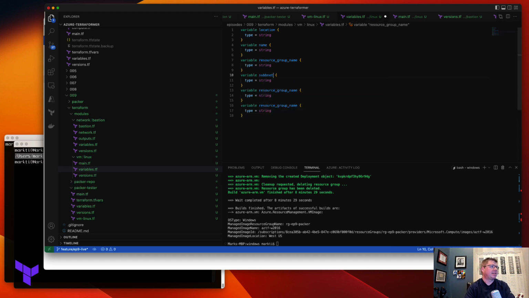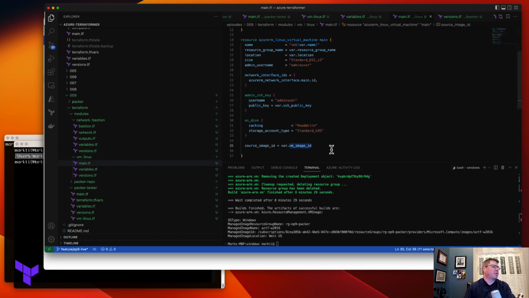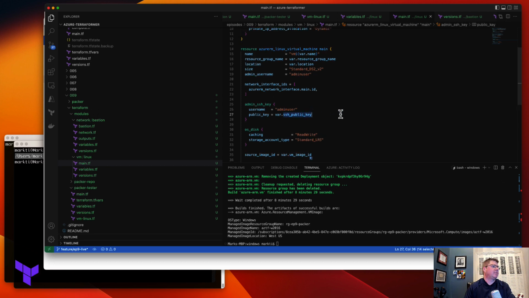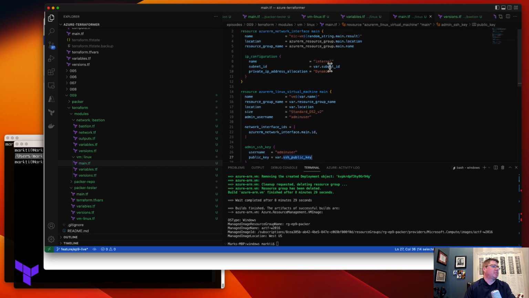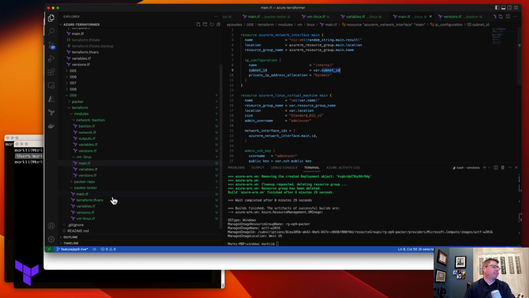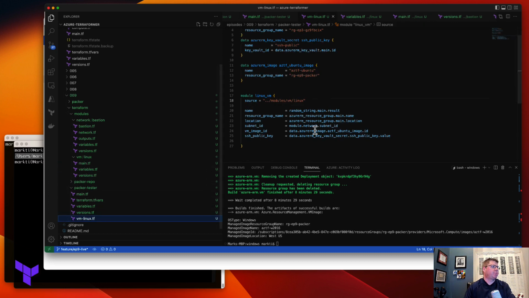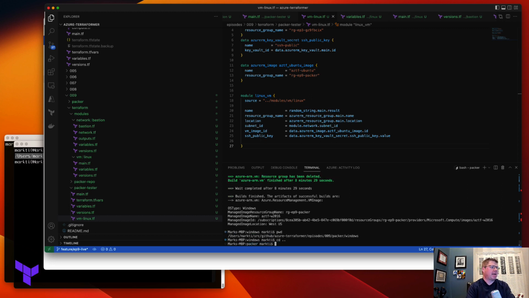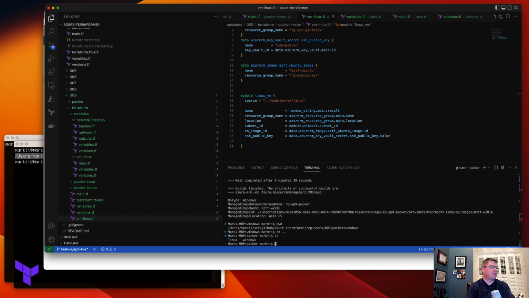So we need a subnet ID, we need a VM image ID, and what was the last one? An SSH public key. Okay, beautiful. And so VM image ID, SSH public key, and my subnet ID. Wunderbar. Okay, so this should be solid. So let me check where I am. My Windows Packer image built. Let me go up,